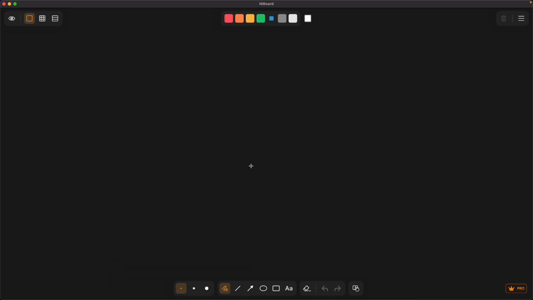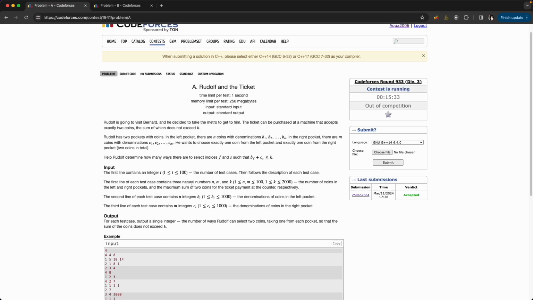In this problem, they will give us n, m and k. We'll have an array with n integers and another array with m integers. Okay, and they need us to count how many ways to select indices f and s such that bf plus cs is smaller or equal to